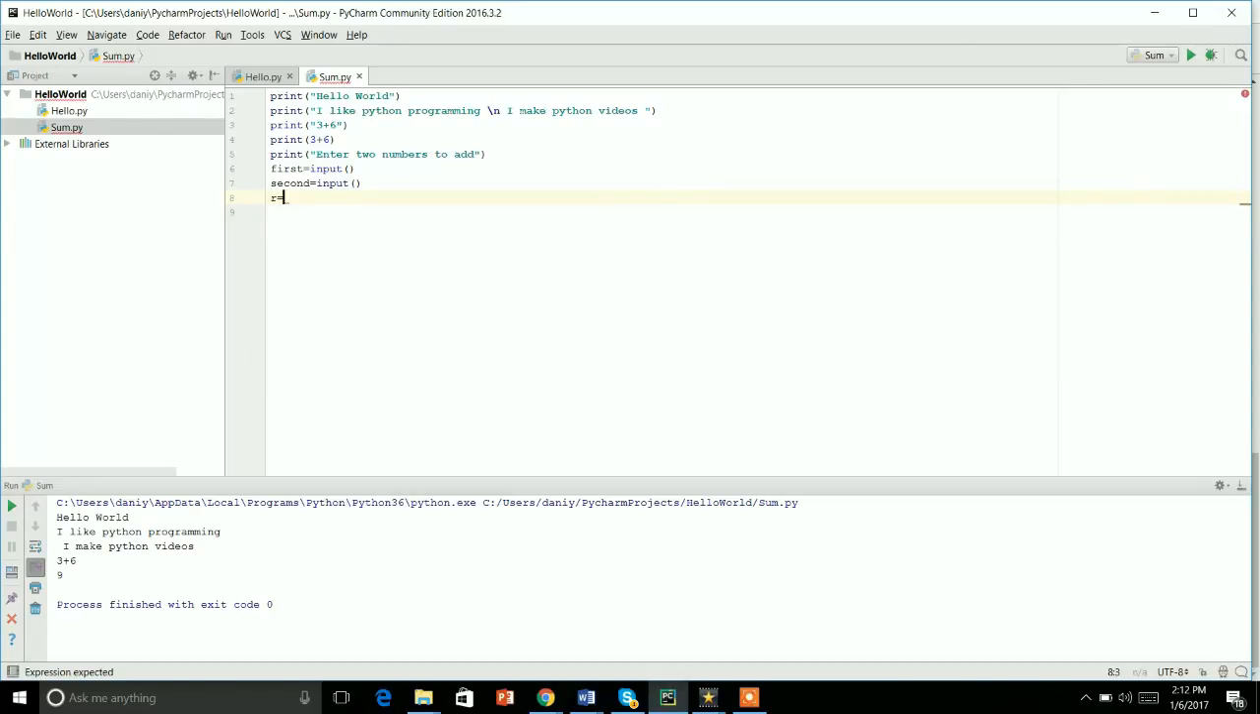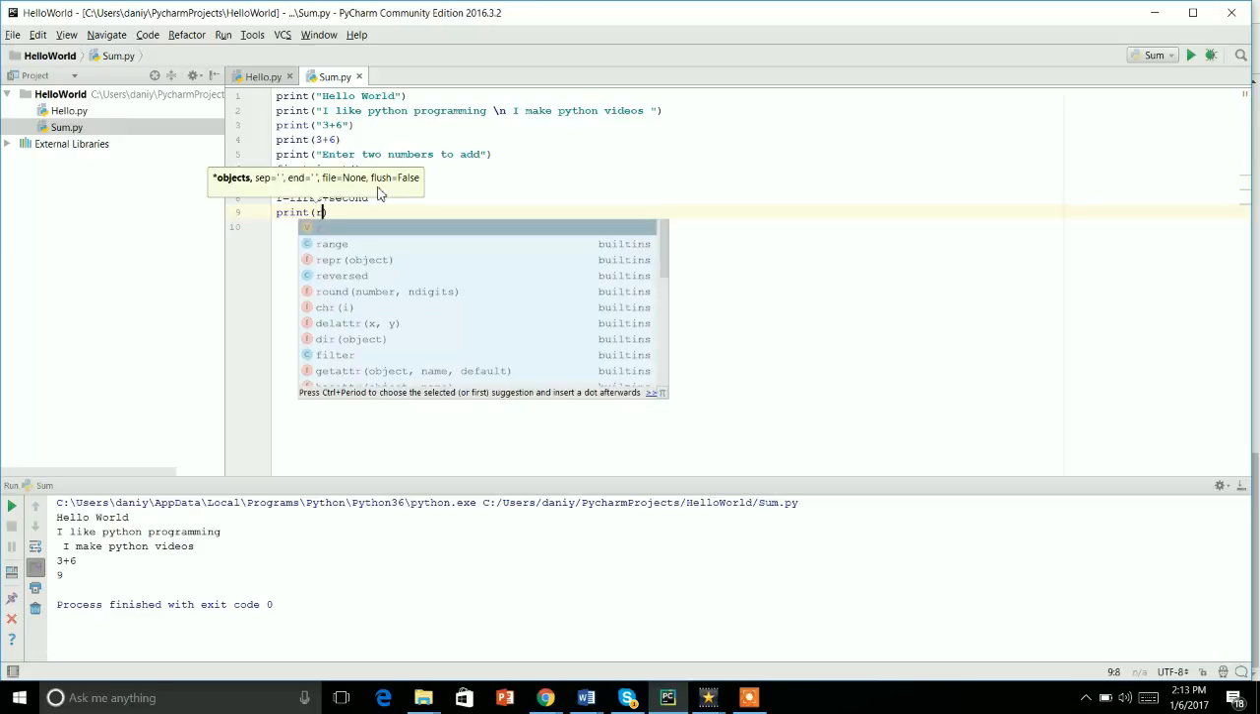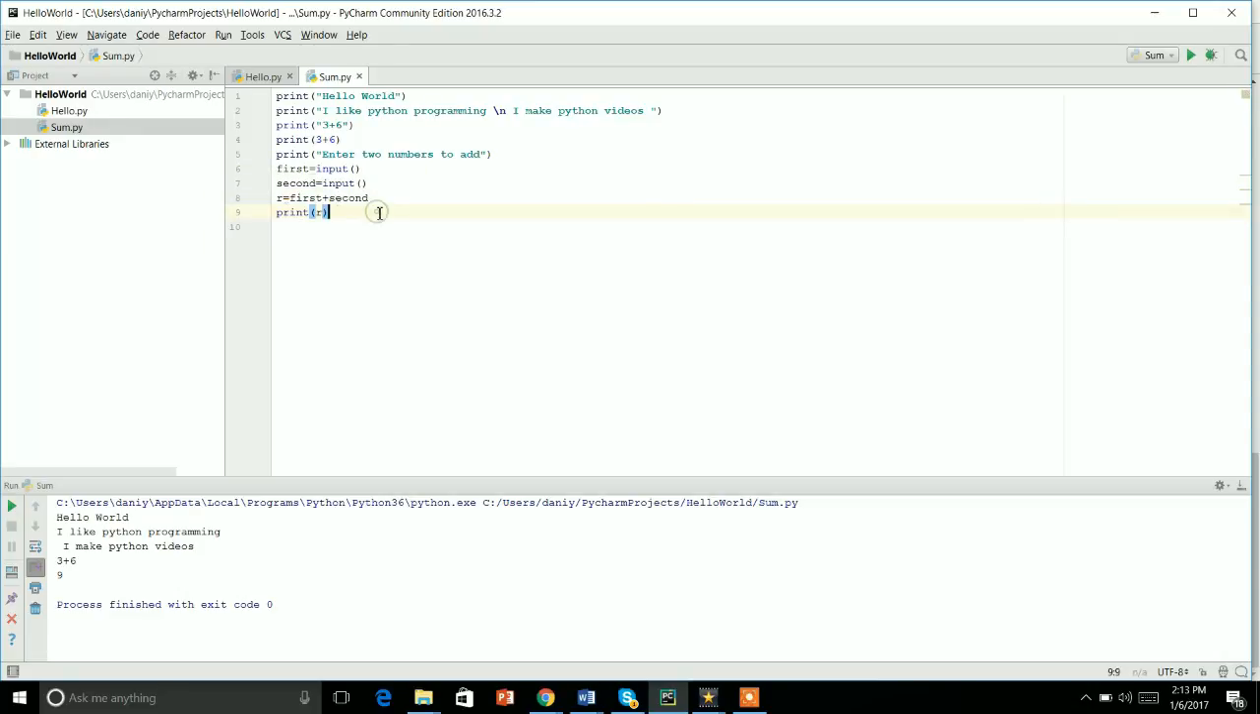I can say r equals first plus second, and then I want to print the result. Print, and to print the result, remember r is a variable, r knows the value, so we will be writing r without the quotation marks. Run, and here it is asking to enter two numbers to add, so I may add 3,